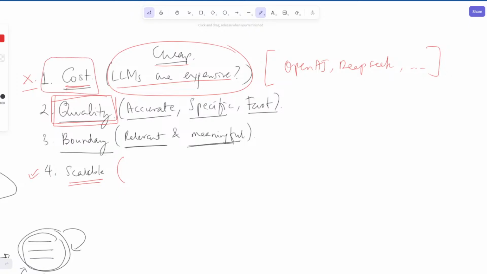Can you tell me one thing that you can do to make the LLM more scalable and also make it cost effective? What is just one technique? Okay, actually there are two. So give me any one and we'll populate them one by one.